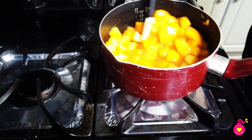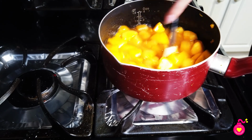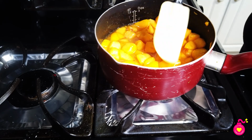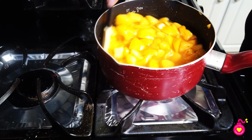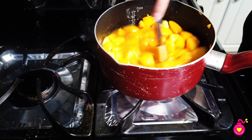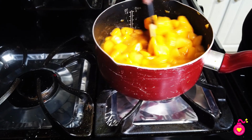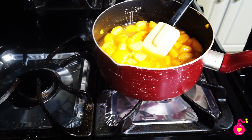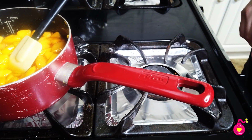And if you buy peaches that are not ripe enough, just make sure you cook it down to where it softens. I'm gonna cook mine for at least a minute. You just have to make sure the sugar and the water is dissolved into the peaches. Since my peaches are ripe, I'm just gonna cook mine for about a minute or so. And then I'm gonna put it to the side so it can cool down while I make my